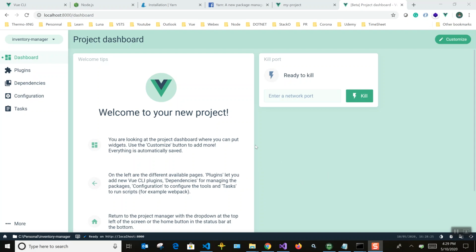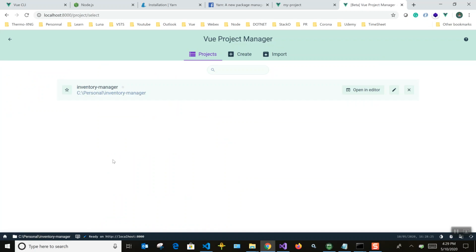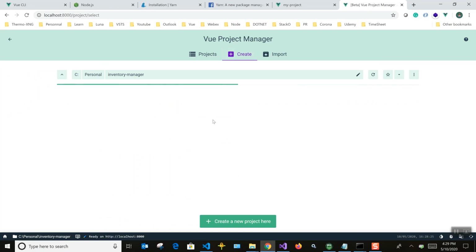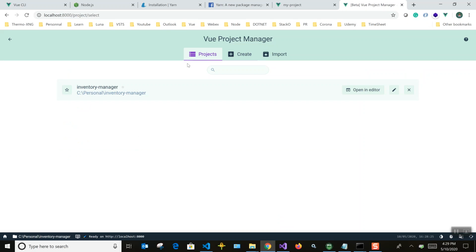Once you are in vue ui, you can go here and select the Vue Project Manager. It will redirect you to the home page. Here you go to Create, and you can select the path where you want to create your project. You can just click this button and create a new project. It's pretty simple.